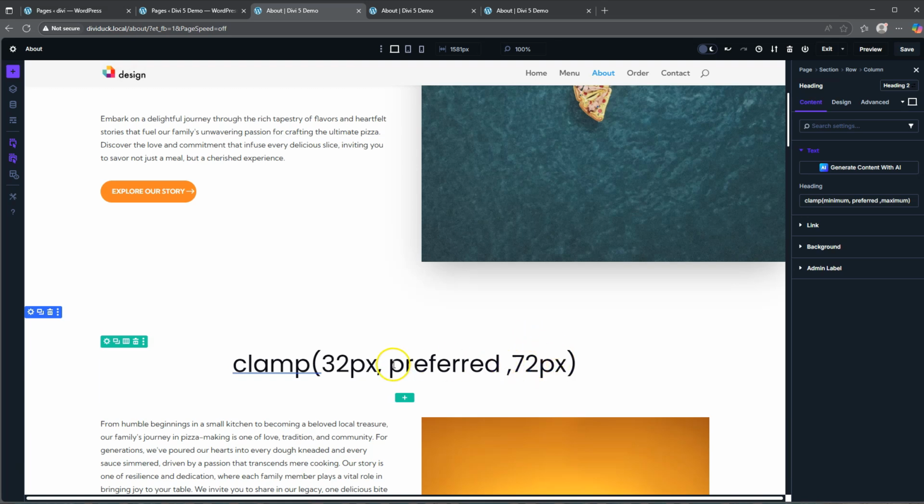Now we get the preferred. Preferred is where the fluidity comes in. So we cannot say, okay, we want this one to be 52 px, because that's not going to allow for any fluid movement. It's just going to work almost the same as a media query, because you're going to go from 72 to 52 to 32. It's just not going to work. So instead, what we can do is start using